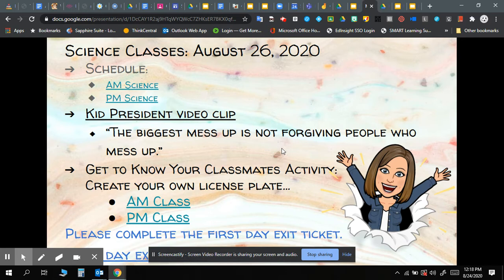We're in a time when things are unknown and different, and we'll get through it together. And we're going to need each other's help. We're going to be a family. And that's one of the greatest things that I love about Schuylkill Valley, that we're a family and we'll get through this together. So at any point, if you have questions or you need my help with anything, please feel free to reach out to me. Send me an email, send me a message on Google Classroom, and I'm here to help in any way that I can. If you have questions, just let me know.